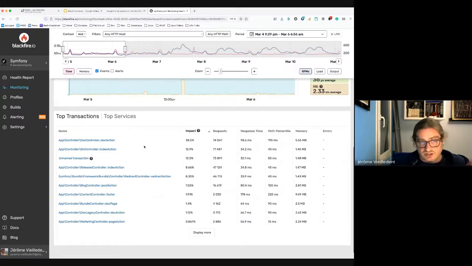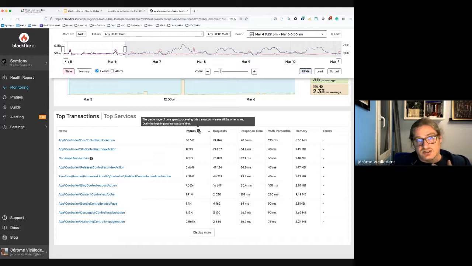The top transactions are sorted by impact by default. So what is impact? Because I didn't mention it. It's a percentage of time spent processing each transaction versus all the other ones. When we say time spent processing, it means the time spent within a trace, multiplied by the number of calls.